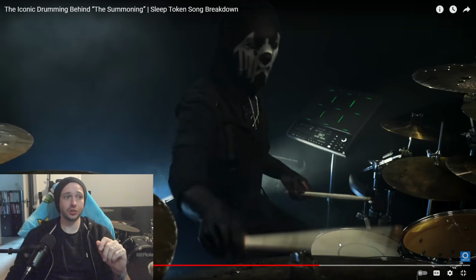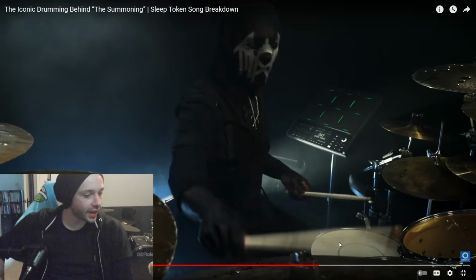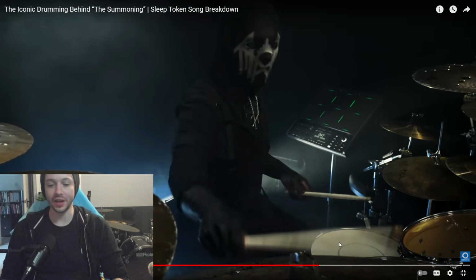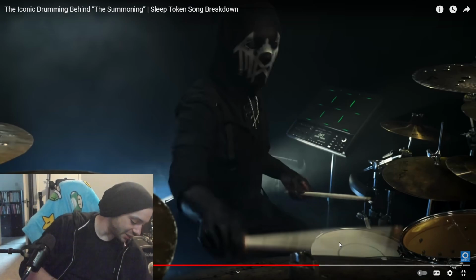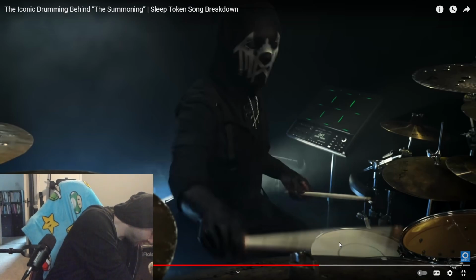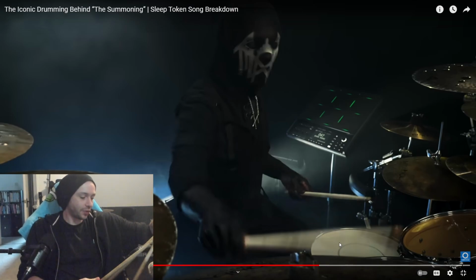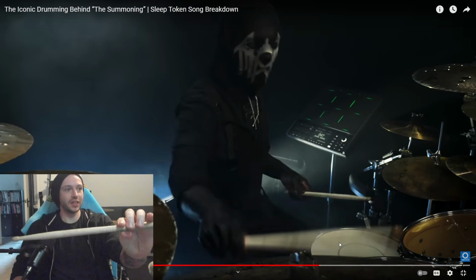And using the shoulder of the stick, this is the key to getting a good sound out of the bell of your ride cymbal: you don't use the tip of your stick. Do I have a stick here that I can show you with? Not on my desk, but I've got my teaching bag down here. Let's get my practice pad out of the way. So we've got our stick here.